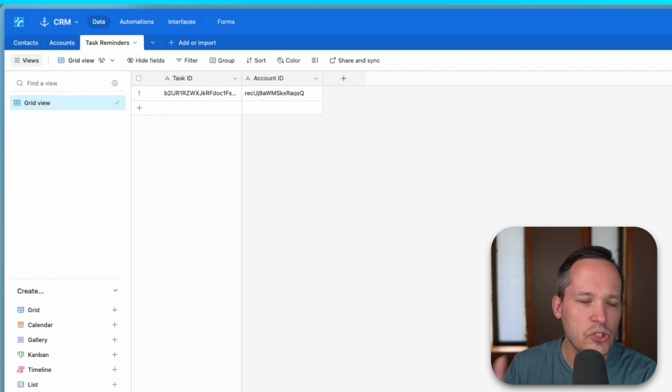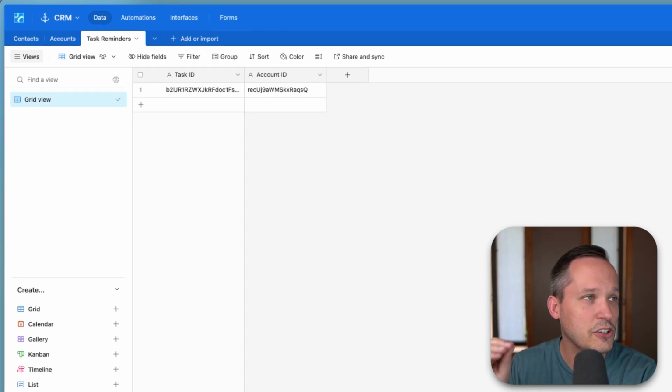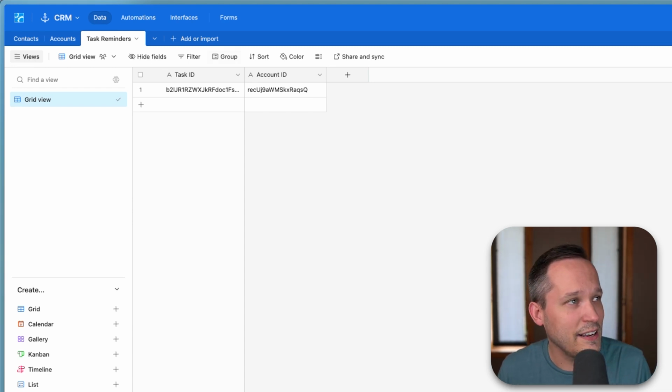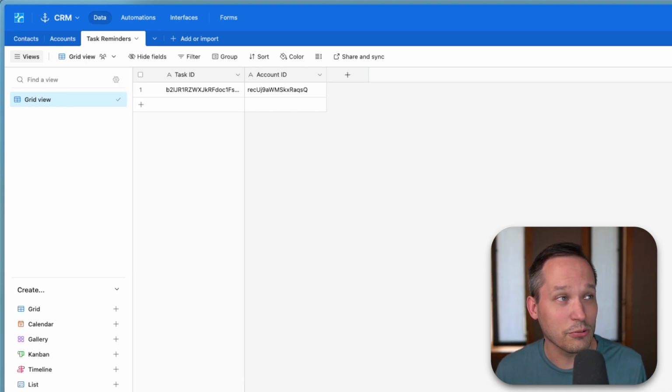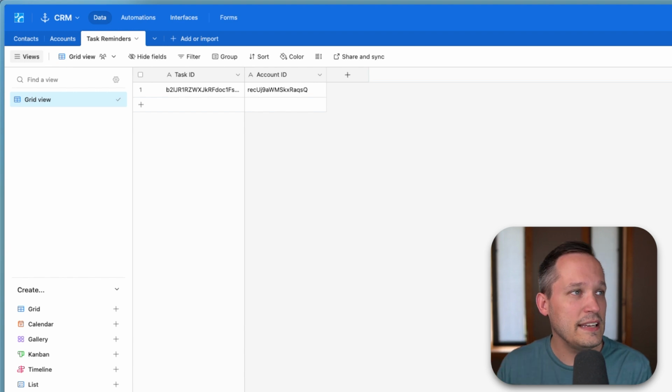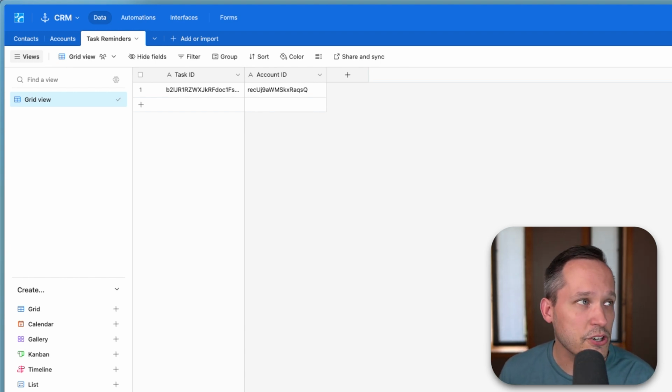Now, there are so many different ways we could do this. This could be written into a data store. You could use something like Zapier tables. We could write this data here, and then really this is just for our system. We don't care about a user seeing it. So we could hide this table so we never really see it again. But the idea is that we're taking information and we're putting that into this table here